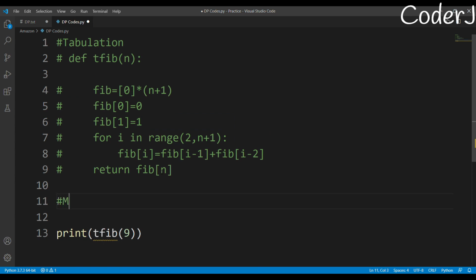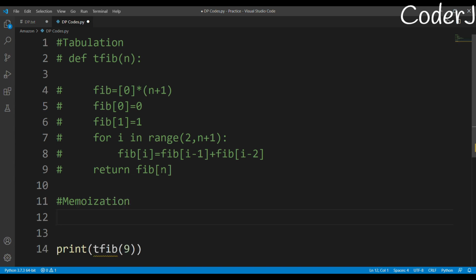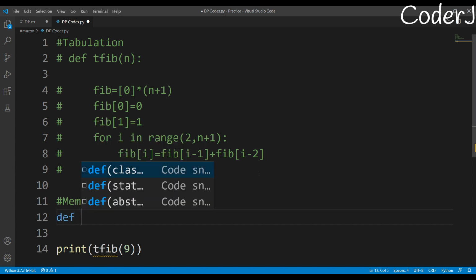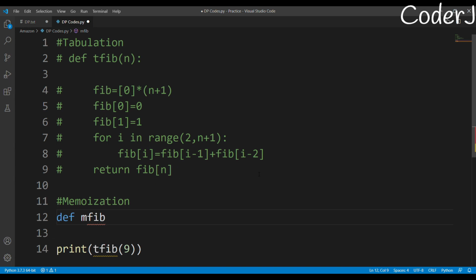Let's try to understand what memoization is. And honestly, if you know recursion, you know memoization in some way, because memoization is very closely associated with recursion. I think I can just write the code for recursion and manipulate that also. So let's try to write the code for memoization of Fibonacci numbers. Again, this is basically your top-down approach. You start from the nth value and you come down till the 0th value. So here I need two parameters. Firstly, the n, and then a table in which I'm storing the values.